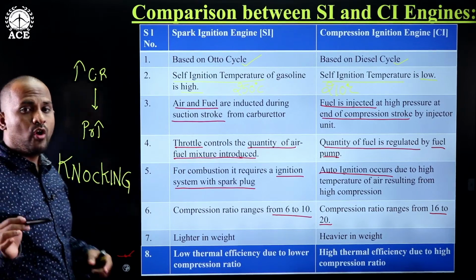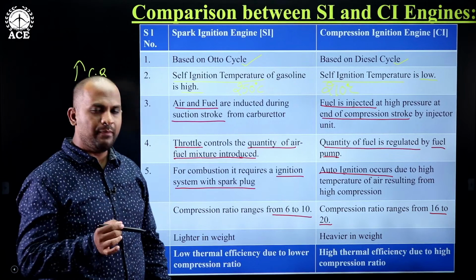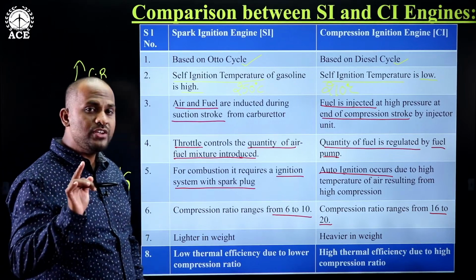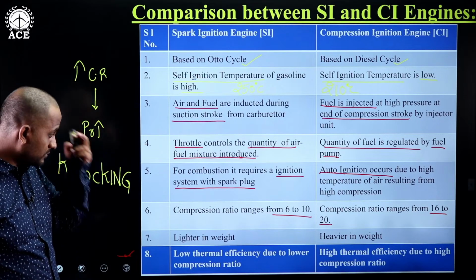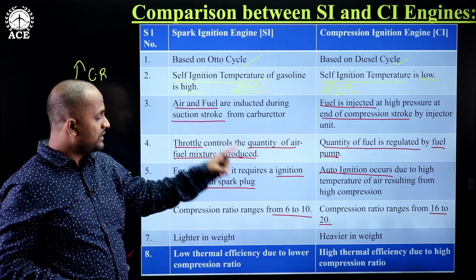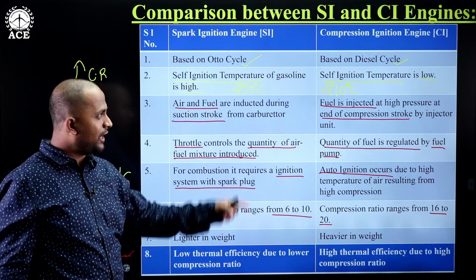Because of that knocking, damage to the system takes place and the efficiency decreases. That is the reason the compression ratios are less for SI engines, and for the CI engine,